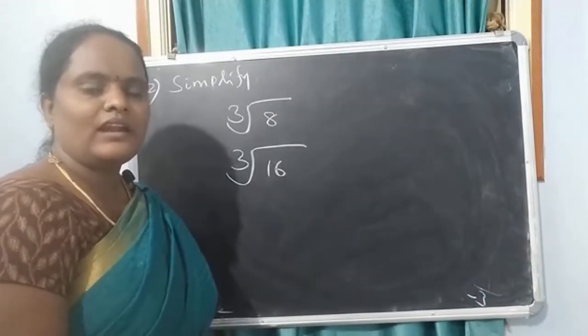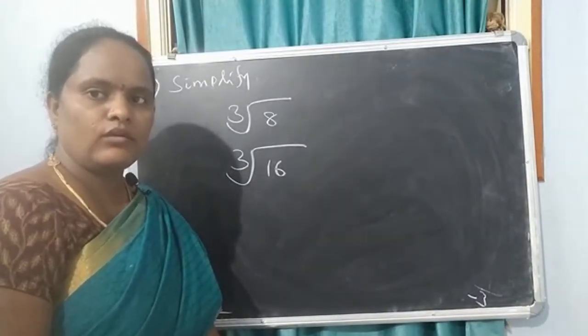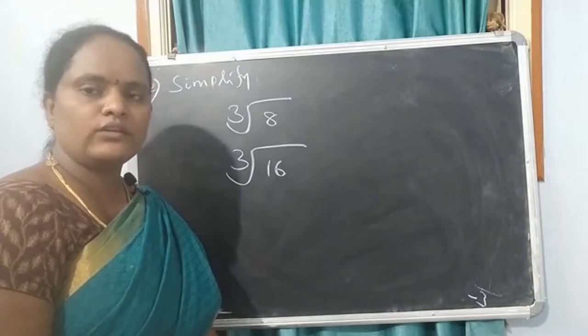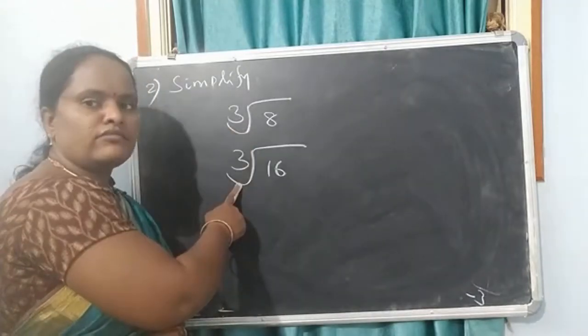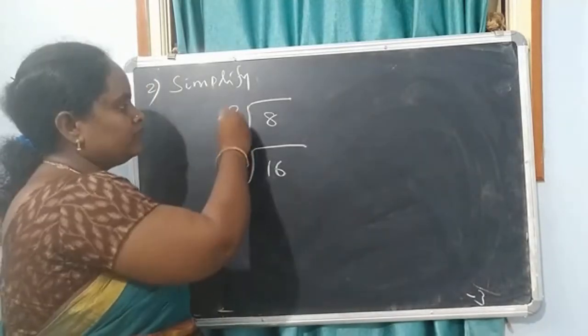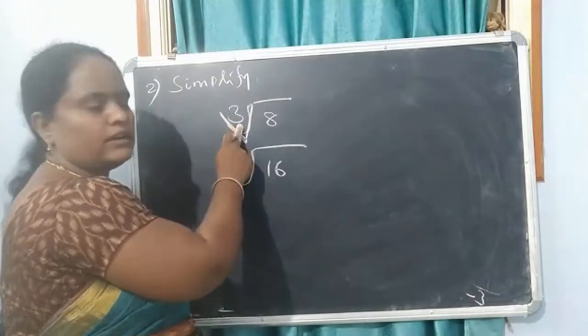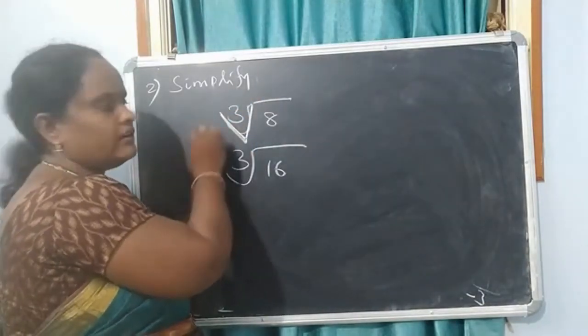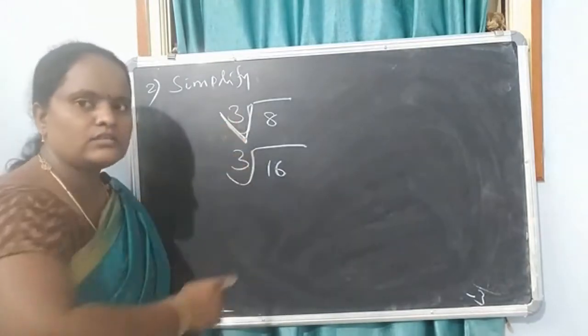Children, now irrationals we are seeing till now are square roots. Not only those, we may have cube root, 4th root, 6th root, 100th root. Here the 3 should be written inside. If it is written outside, the meaning is different, that 3 will become a quotient. These are also irrationals and rationals.